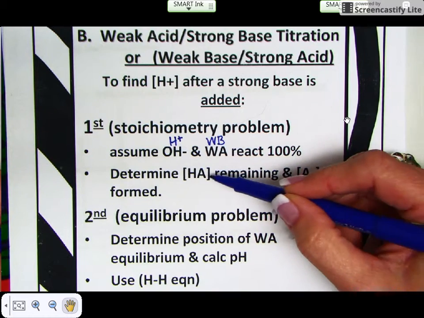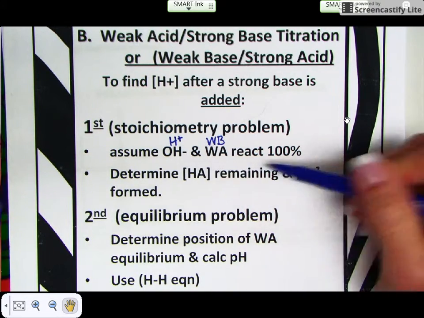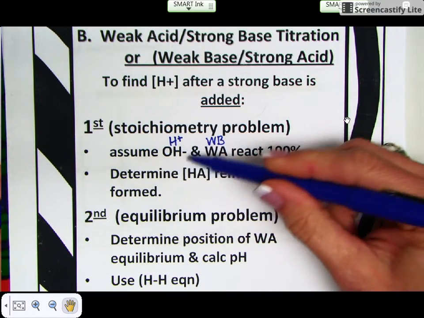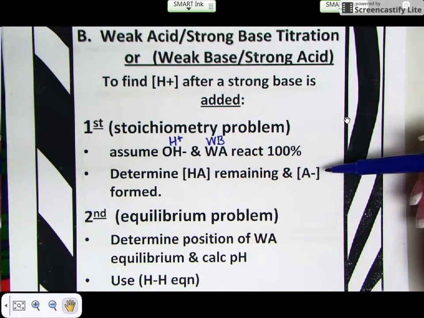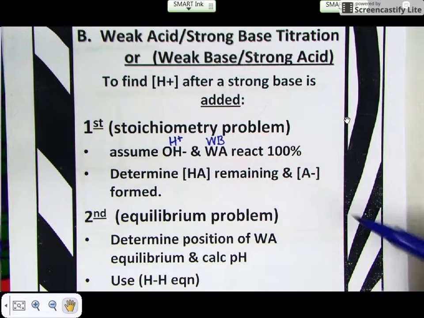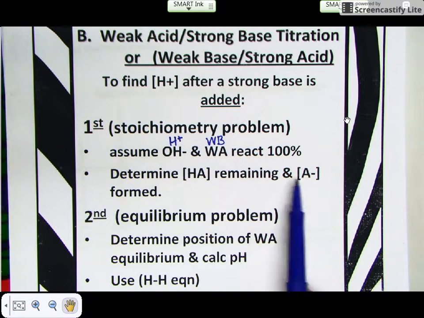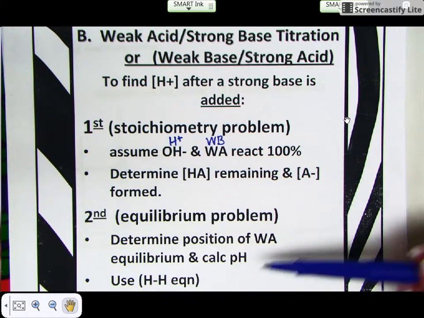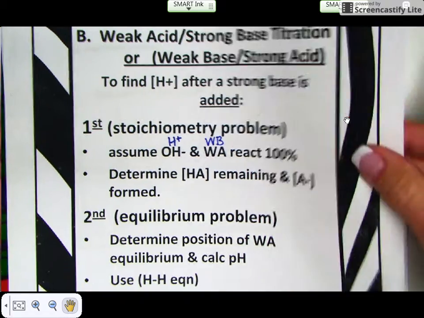You're going to determine the concentration of your conjugate acid-base pair, like when we ice our problems. This part is exactly like how we handle the buffer solution stoichiometry calculation. After that, you will have an amount of the acid and its conjugate base, the weak acid and its conjugate base, so you can then use the Henderson-Hasselbalch equation. So in the notes,